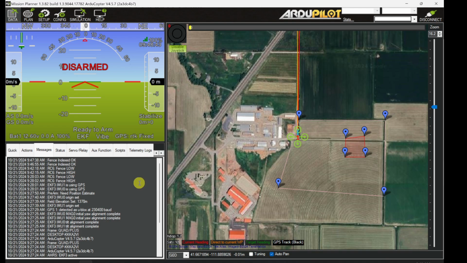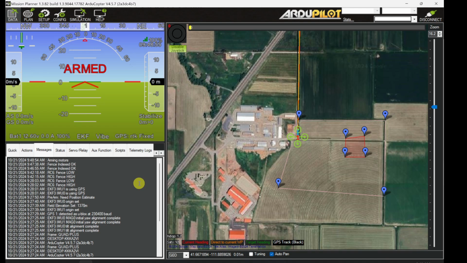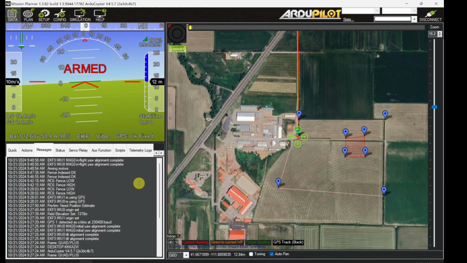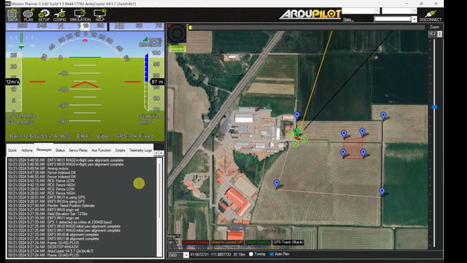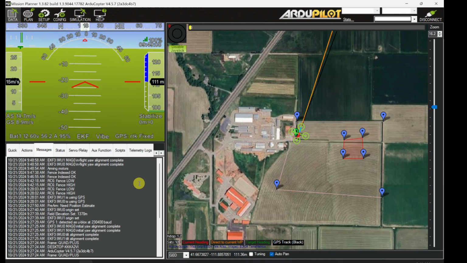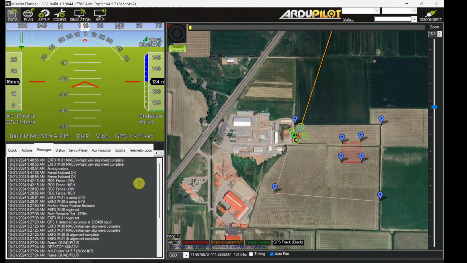Okay. All right, so let's go ahead and arm this. We're in stabilized flight mode right now. And let's make sure we can change modes, auto, later. Okay, good. All right, we're going to go ahead and arm. Okay, and we're going to take off in stabilize mode. Okay. And we're going to fly into the inclusion fence here just off to the north. And I want you to watch